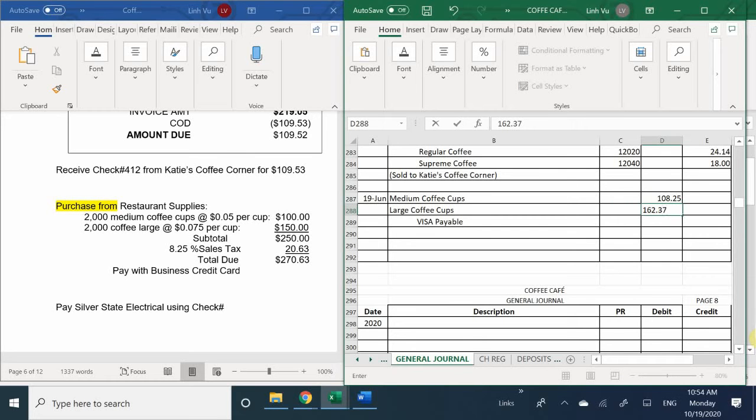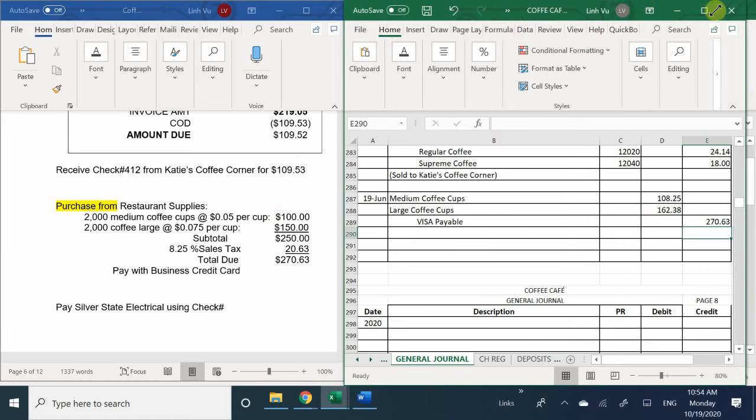In this case, it's 12.375, so let's look at calculations. We have one for 8.25 and one for 12.38. And our total amount of tax was $20.63. To give us our grand total of